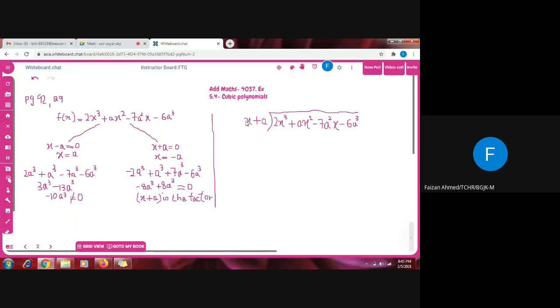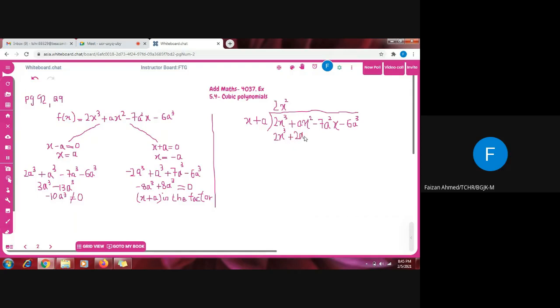So I will start off with the first term. This is x and this is 2x cube. So I have to make x 2x cube. So there is 1x and there are 3x. So I have to multiply it with x square in order to make it x cube. And then since 2 is also missing, so I have to write 2 as well. So when 2x square will be multiplied with x, it will give me 2x cube. And when 2x square will be multiplied with a, this will give me plus 2ax square.